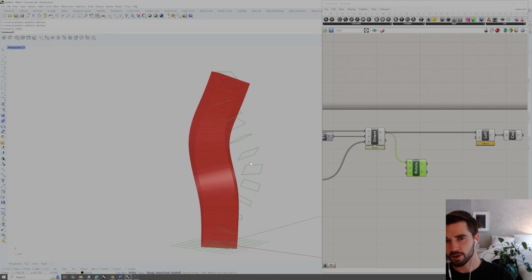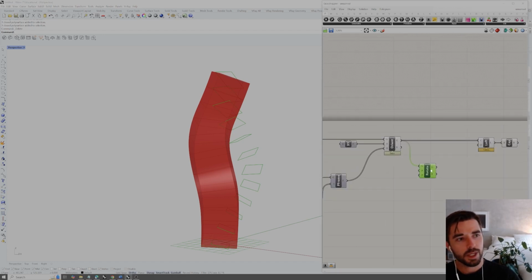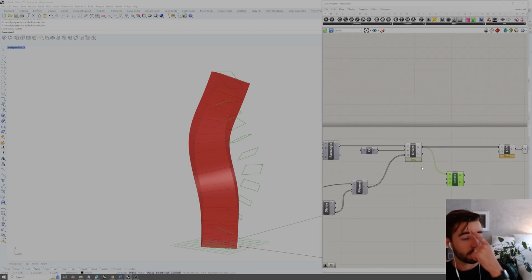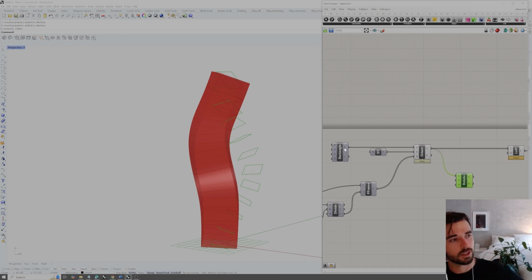It looks really off, and now it's skewed from our curve, and that's because the input plane is our world XY plane. If we put this rotate command before the orient and we rotated just this rectangle, we would see the entire profile before our loft rotate. So I can show you what I mean by that by just moving this rotate here, and we can take this rectangle, we can plug it into that rotate command,